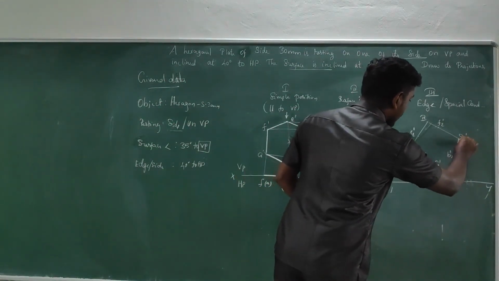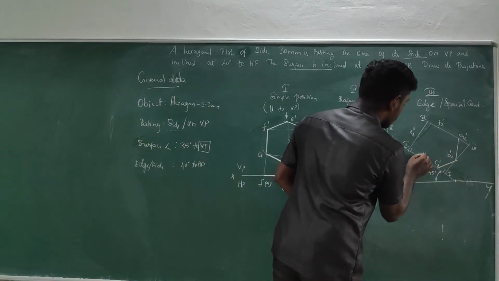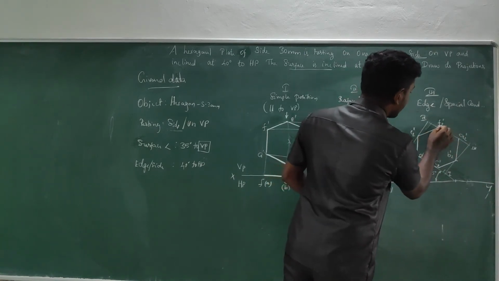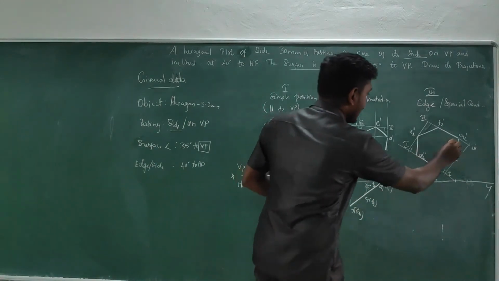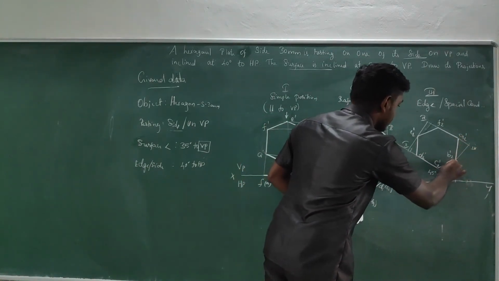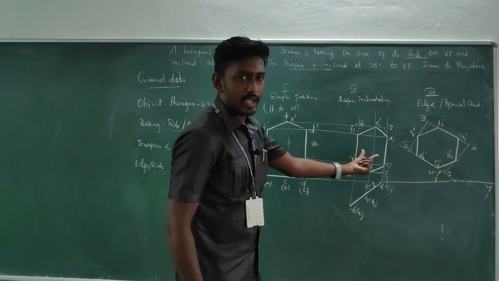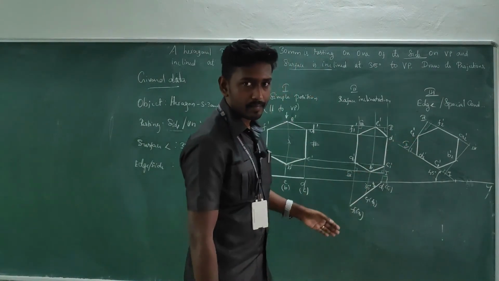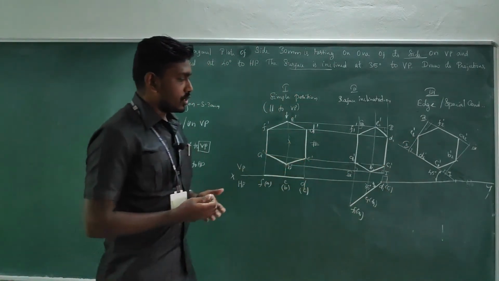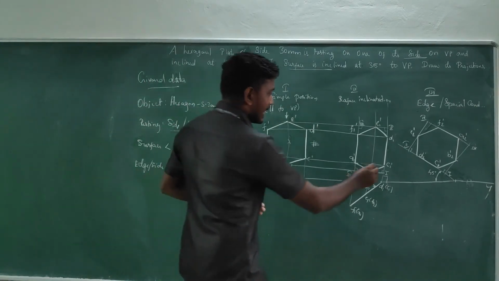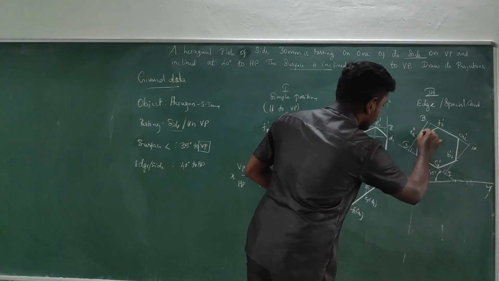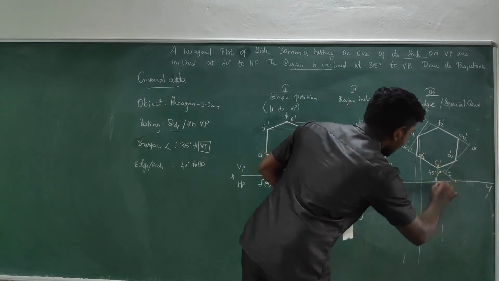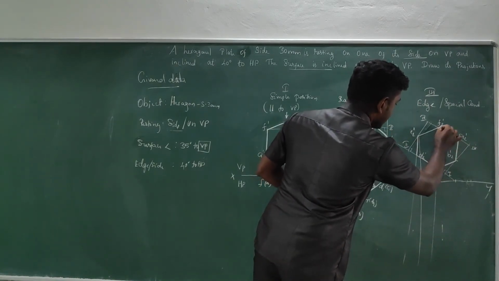Just do the connection A to B, B to C, C to D, D to E, E to F, and F to A. When you are drawing with the exact measurement, you will get the same replica of this image on the inclined line. The same size and shape of the object on the inclined line. Right? Fine. So then it's your final top view. For that, take the projectors from each corner. So you go with the vertical lines, and you will get the exact trace.